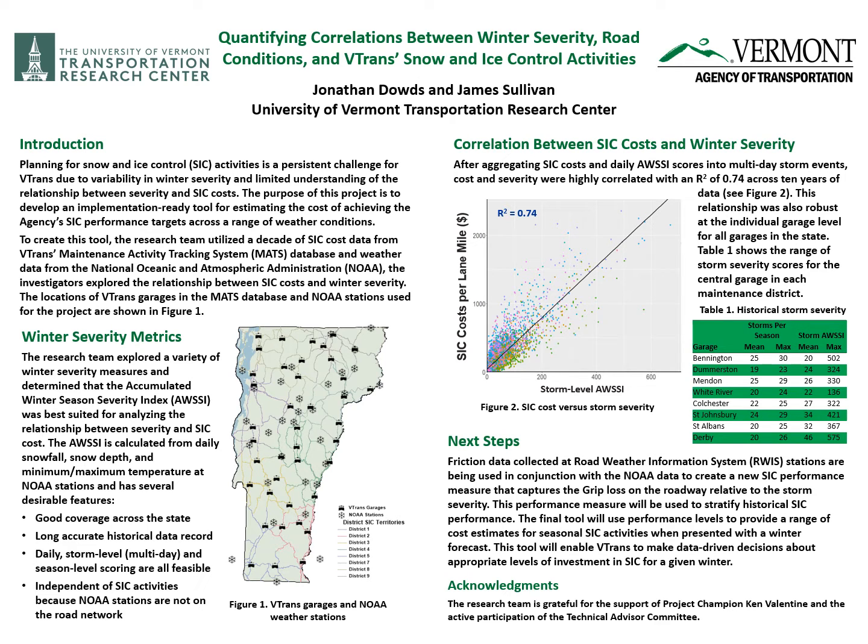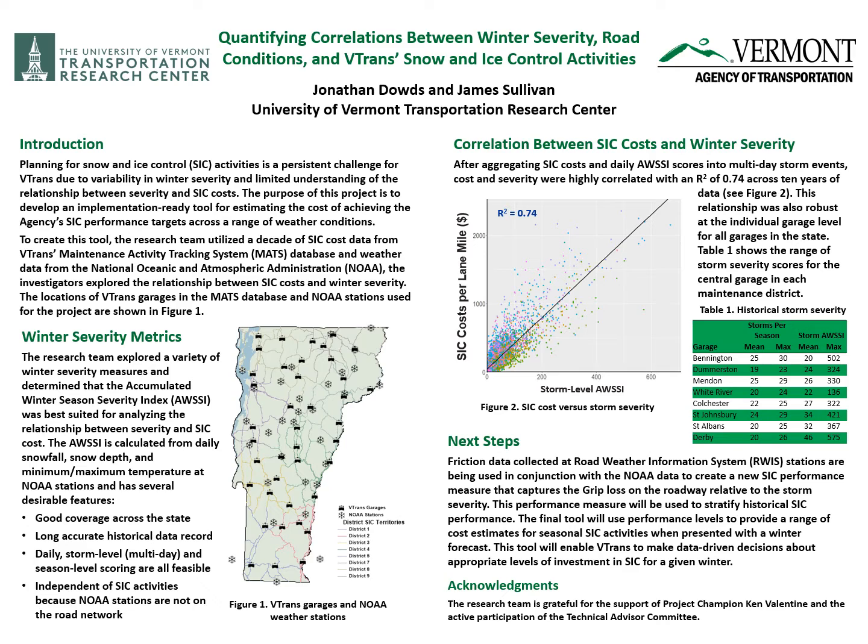There have been a number of winter severity metrics related to winter maintenance that have been advanced by different agencies and institutions, and they have varying degrees of usefulness for a project of this type. Specifically, the things that we were looking for is good coverage across the state. We don't want a metric that relies on so many different variables that the data for it can only be collected at a few locations. The weather varies considerably in Vermont from location to location, so we needed a metric that we could calculate across the state with good accuracy and a long historical record.